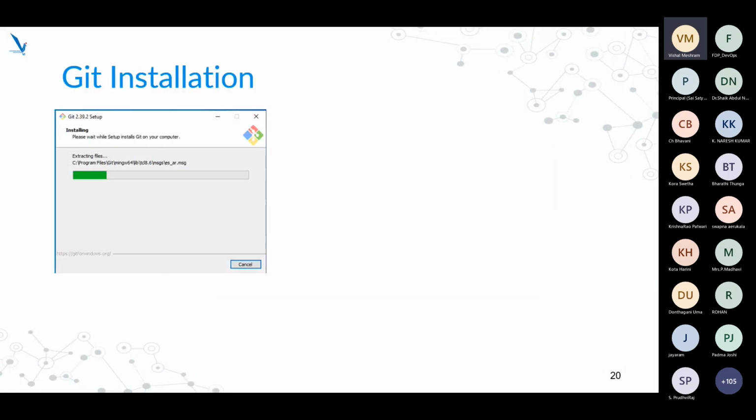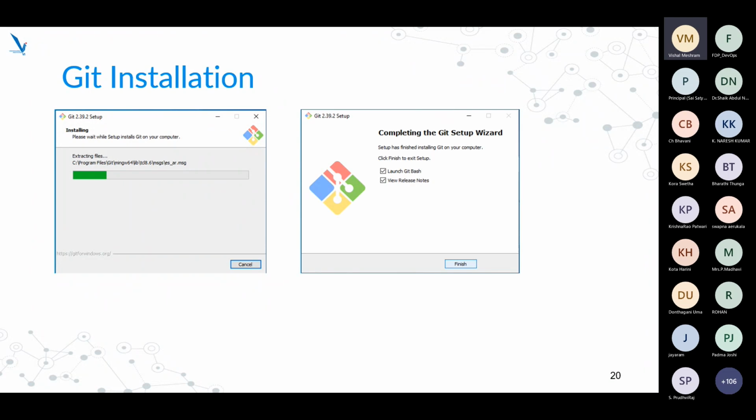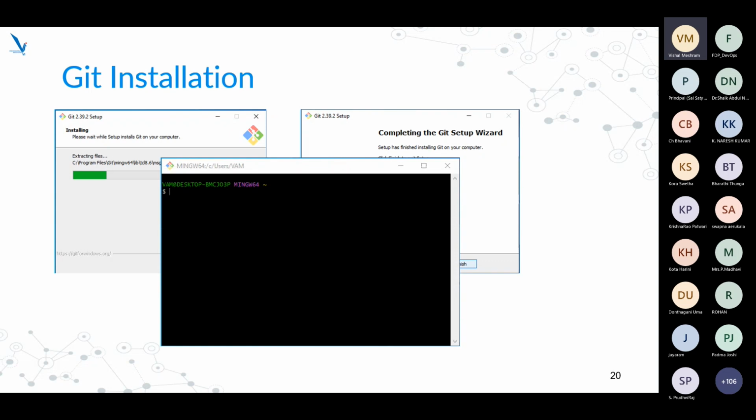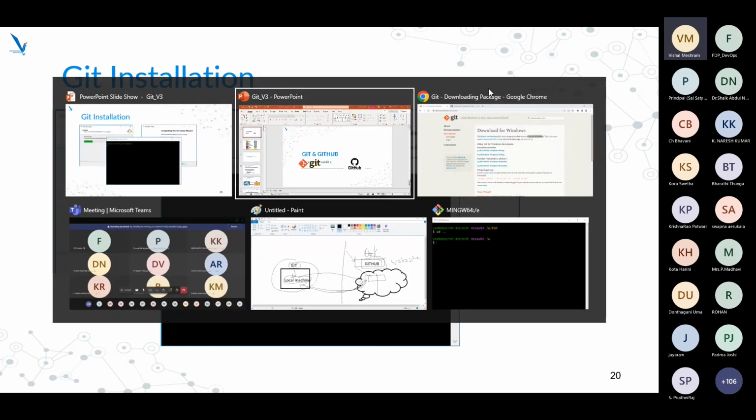There. So then you will find this screen, okay, that it is downloading and installing. It is installing in progress, and finally you will get this window, completed the installation, okay, and click finish to exit setup. Once this is finished, you will find something like this. So let me share